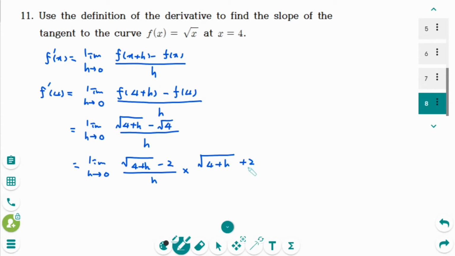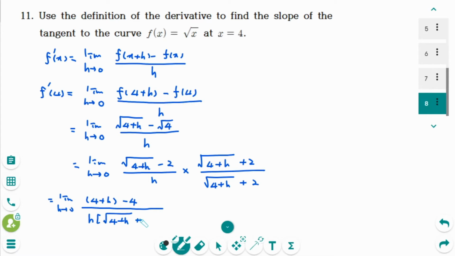on each side, then expand the numerator, 4 plus h minus 4 over, don't expand the denominator. Then cancel. Then limit as h approaches 0, h over h times square root of 4 plus h plus 2, then cancel, equal